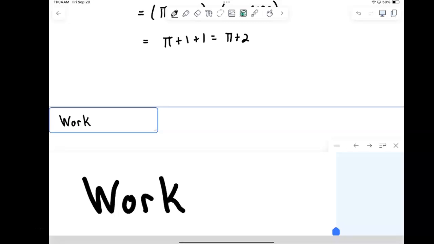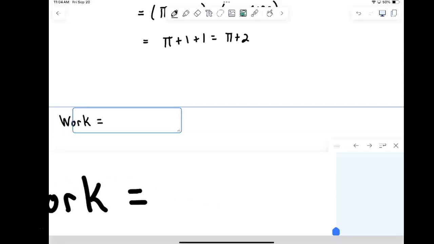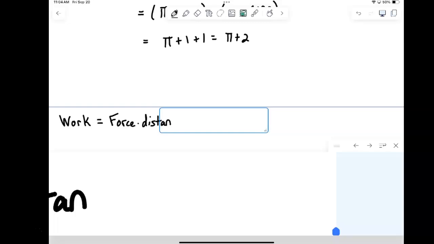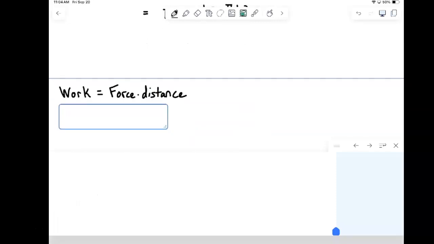Okay, our next application relates to work. Recall that work is force times distance, so the amount of force exerted times the distance. Your typical unit for force is the Newton,